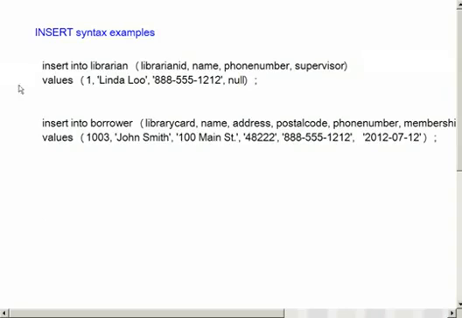What we're going to look at first, though, are some examples around the insert statement. The insert statement has a very basic format, which is insert into and the object that we're going to do, which in this case is a table, and the table is named librarian. I can then specify all the columns. One of the things you're going to want to look at is the